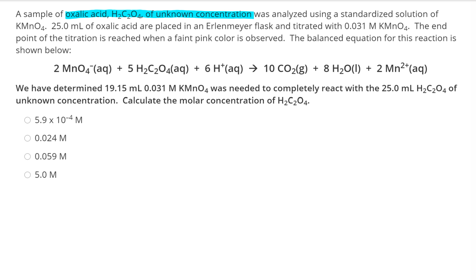So the student does the titration until a faint pink color is observed. That's how he knows that the reaction is done. We have completely reacted all of the acid with the potassium permanganate, and we're going to stop the titration there and record the volume of potassium permanganate needed to complete this reaction. And we'd already determined that 19.15 milliliters of that potassium permanganate were needed to react with